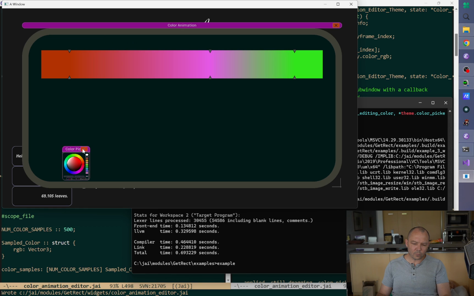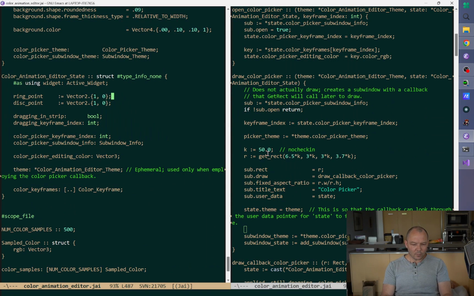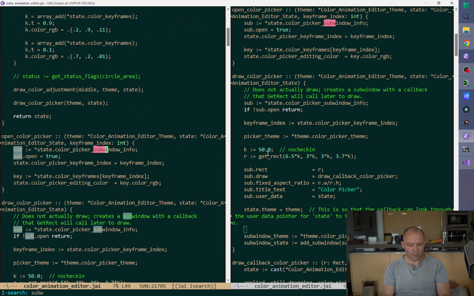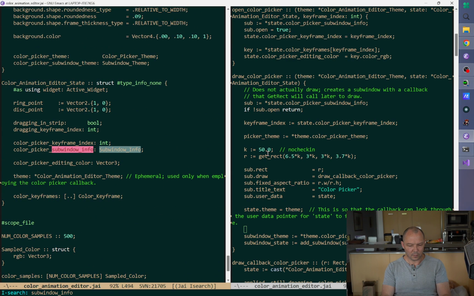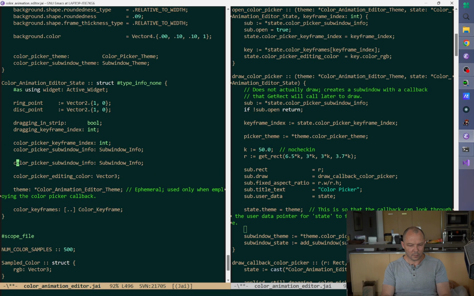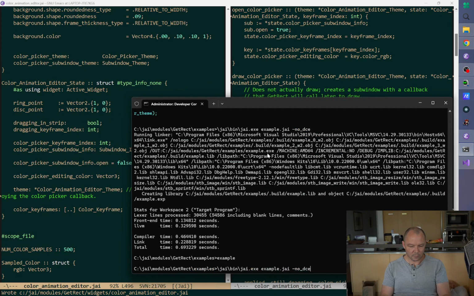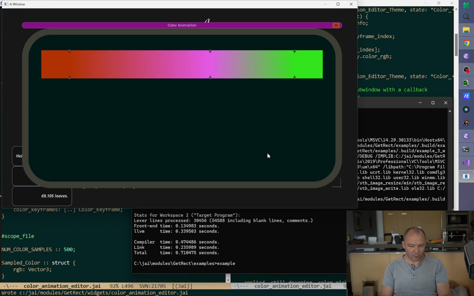So that's weird. Oh, maybe it defaults to open. Let's see. Dude, this is such a good programming language. All right, so I shift click, it opens. Boom. Now, I think what's happening is just